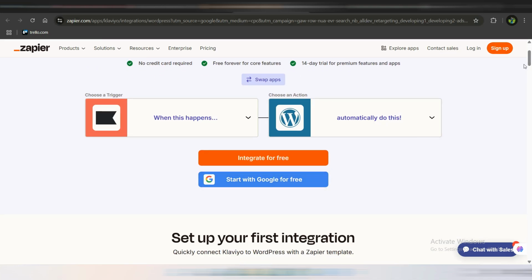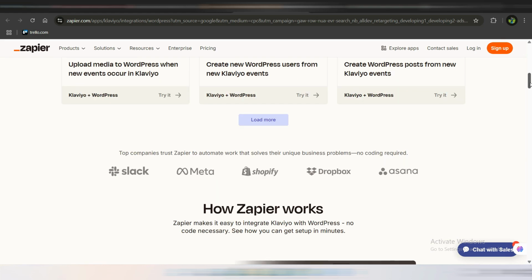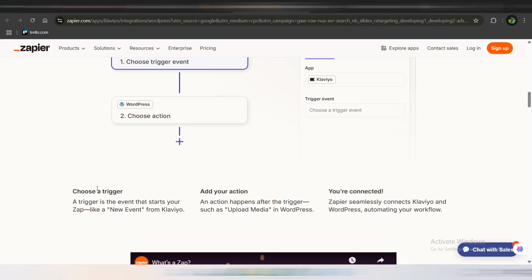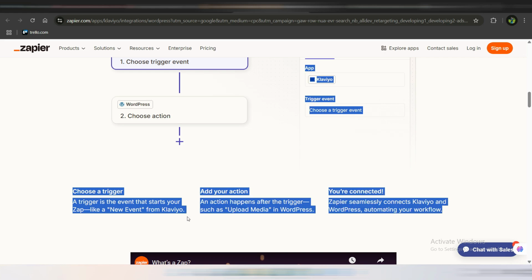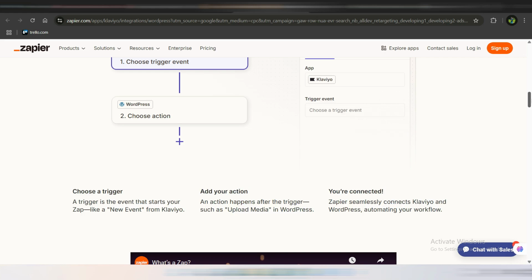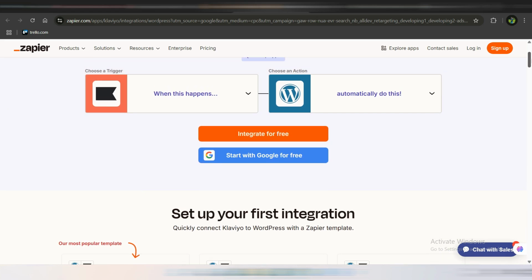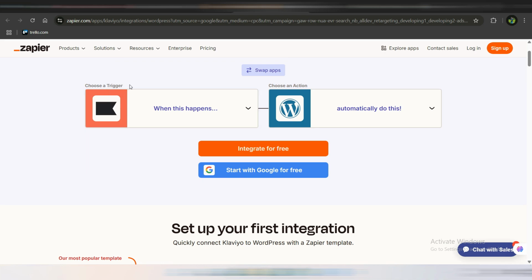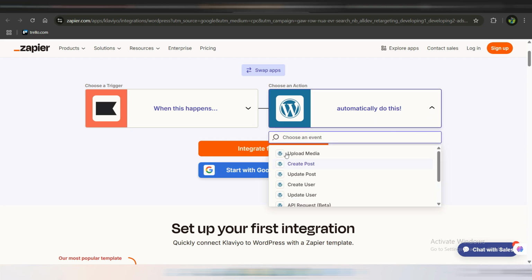A zap works in two parts: a trigger and an action. The trigger is the event that starts the process, so in this case, you can select Klaviyo and choose something like New Event whenever a subscriber joins your list or takes a specific action. After setting the trigger, you'll move on to the action, which tells WordPress what to do once that Klaviyo event happens. For example, you could set it up to upload media, create a new post, or even update your site